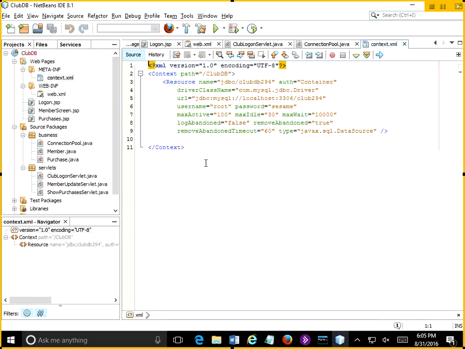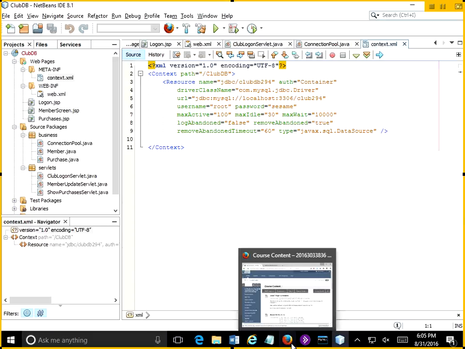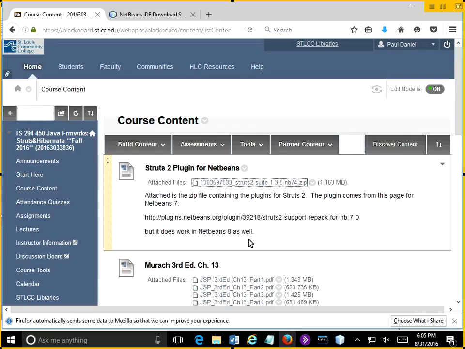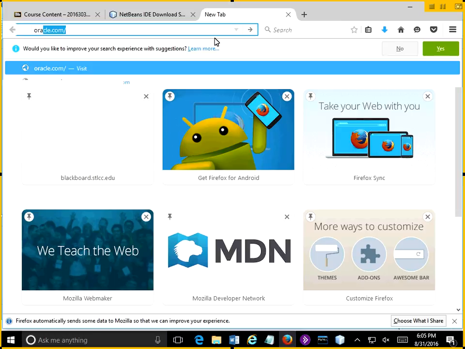Oh, and the other, I just realized I didn't do the shortcut of putting the jar file, the connector jar, in the JDK folder. Did we do that last week? No. Okay, let's do that quickly. So if you go back to, and this just makes NetBeans work a little smoother, so if you go back to your Oracle